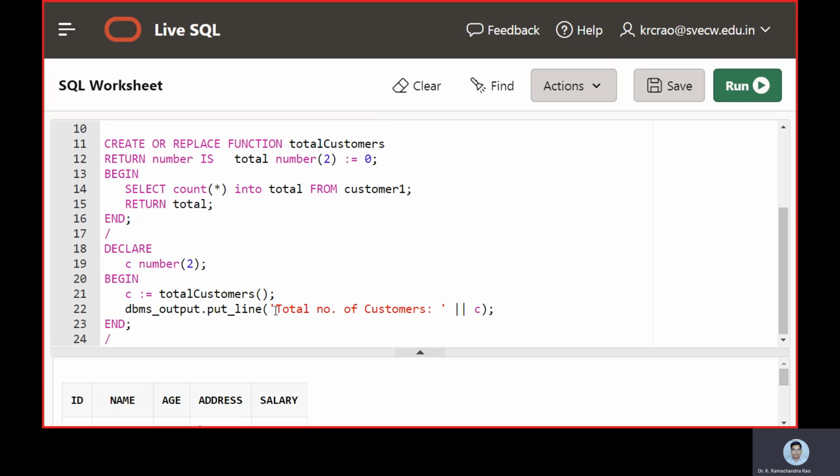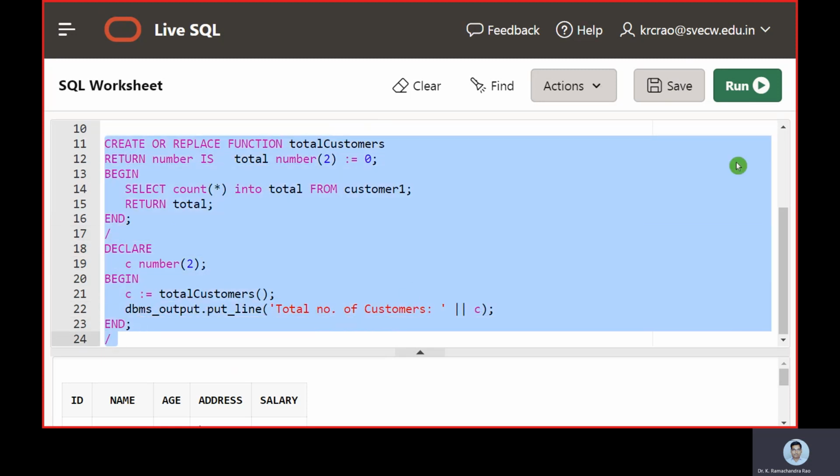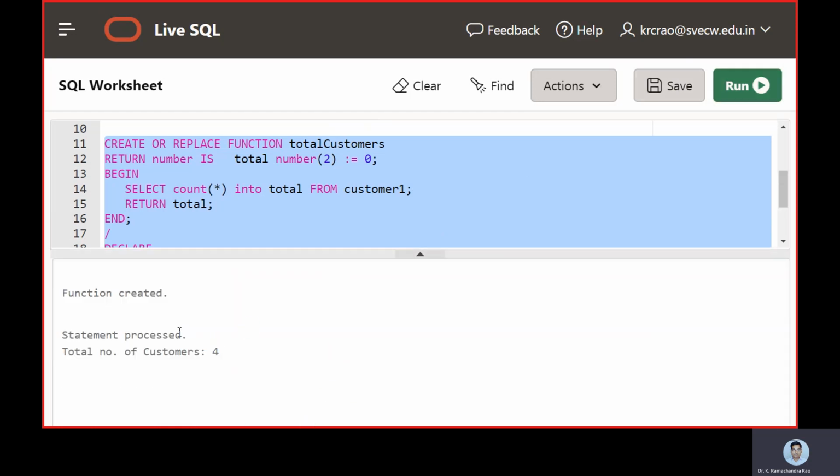Now we have this entire section, and we will click on the run button here. So function was created, that is regarding the first part.